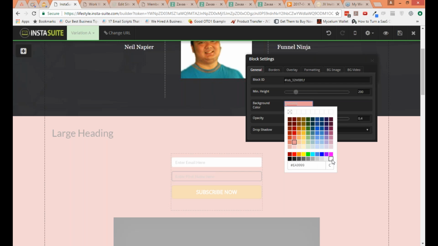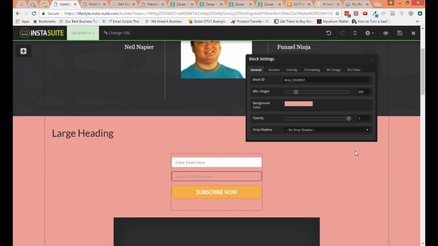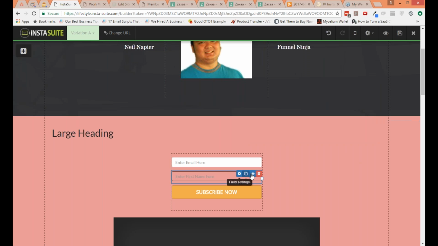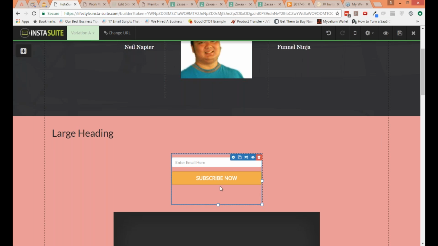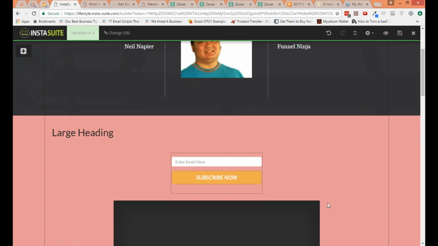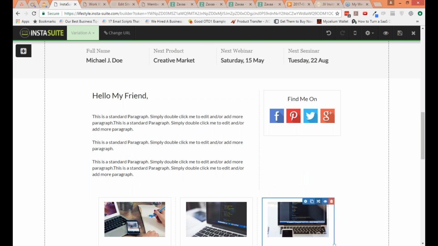I'm just going to shift to white and increase the opacity. I think the old color was okay. So you can make all these different changes to these pages that you're building. If I don't want this, I'm just going to delete this. So now I'm only collecting email addresses. You can reduce the size here as well. There we go, right? So this basically makes it easy for you to change the page, to customize the page